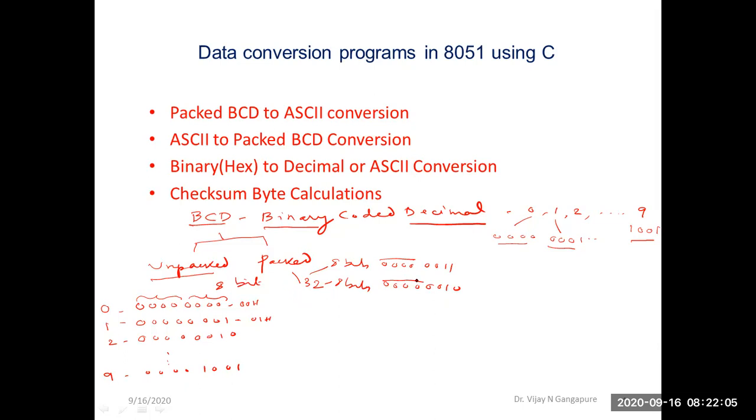Now instead of using these two 8-bit numbers to represent these 2 digits of the BCD number, I can use only one 8-bit number. How? The upper digit is represented by the upper nibble, that is 0011, and the second BCD digit in the lower nibble, 0010. So 32 can be represented by only one 8-bit number, in which the lower nibble represents 2 and the upper nibble is the BCD number for 3.